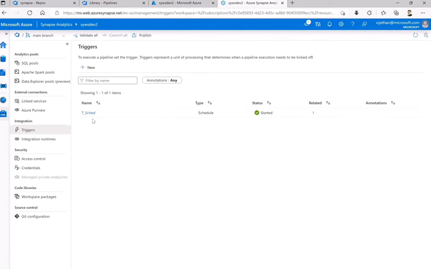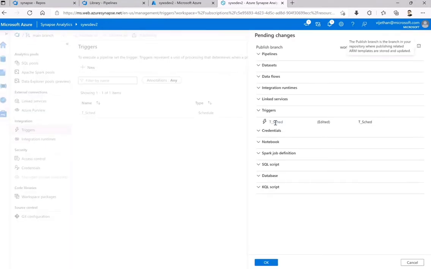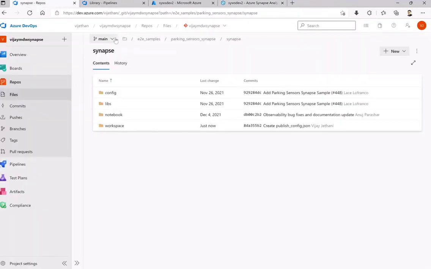Okay, now as I started this, from stopped to started, once I click on publish, it will detect those changes from that particular branch. See, it detected that I edited this. That is the reason it is now asking me that this is the publish branch. Okay, these all things will be provided as they were. Only change is this. So as of now, I have deleted that branch. So if you see, I don't have